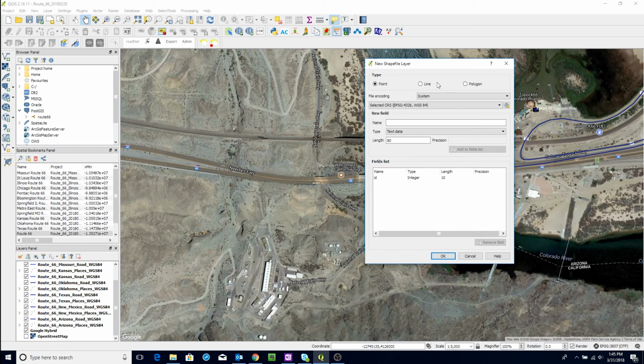And this opens up a dialog box. We can choose between a point, a line, or a polygon. I'm going to choose the line. I'm not really going to collect any attributes for the line. So this is really as much as we have to do to create the shapefile. All I need to do now is to tell it where to save it. So if I click on OK,